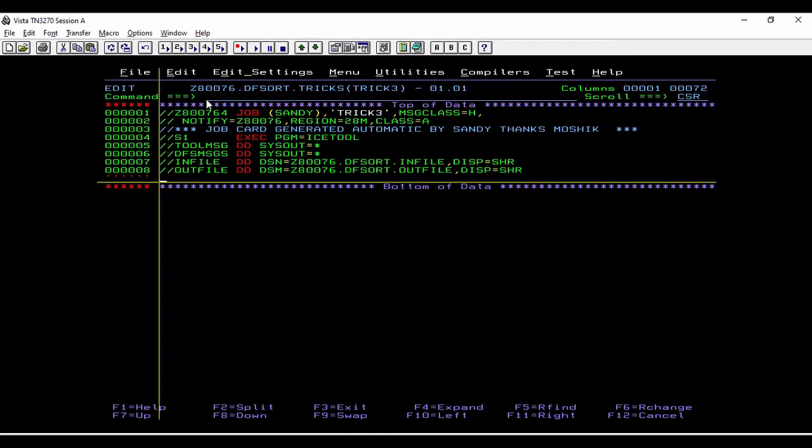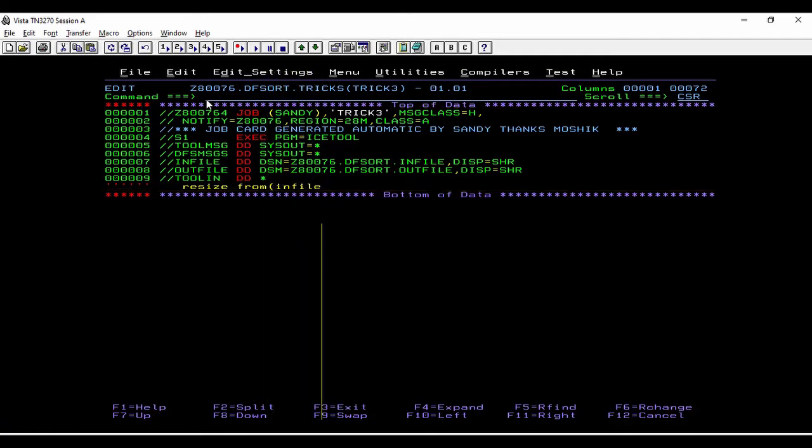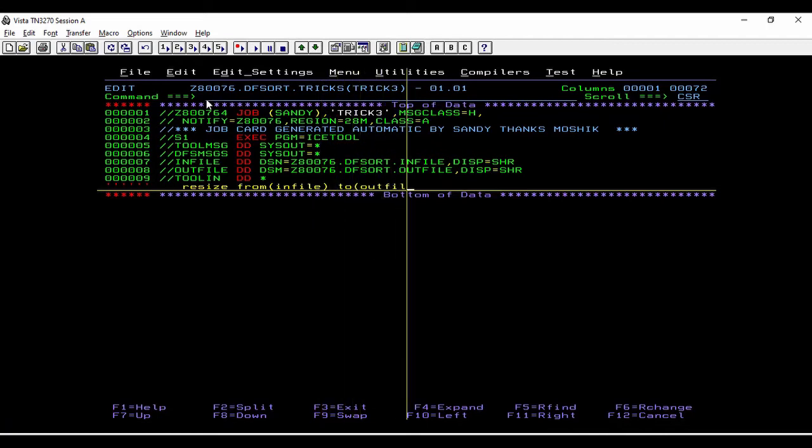So our input file and output file are defined. Let us move ahead by defining the control card. We'll use RESIZE from the input file.